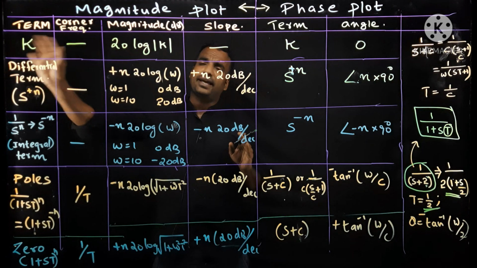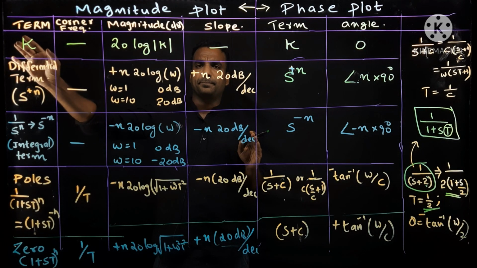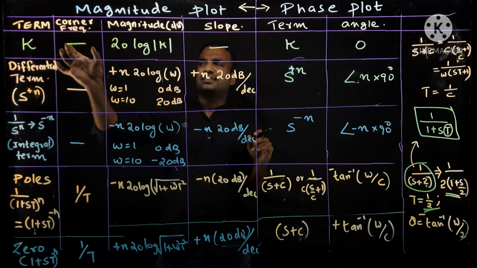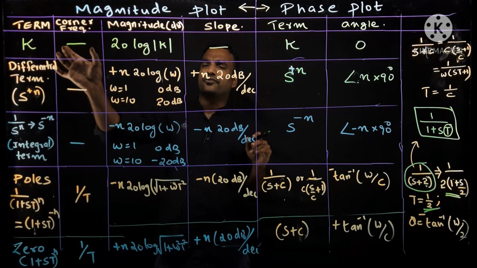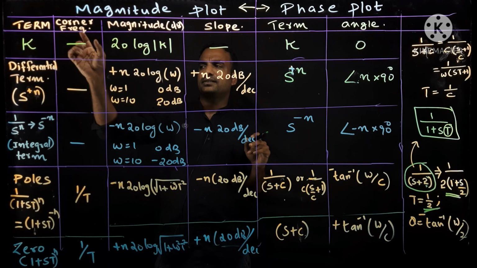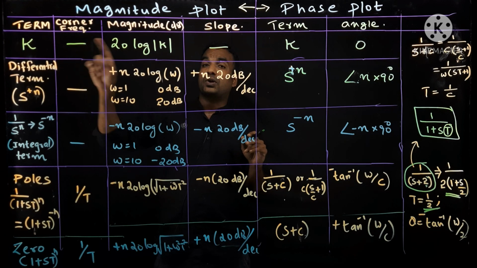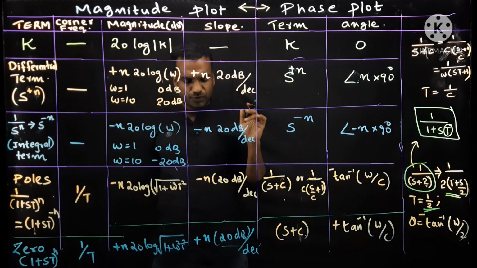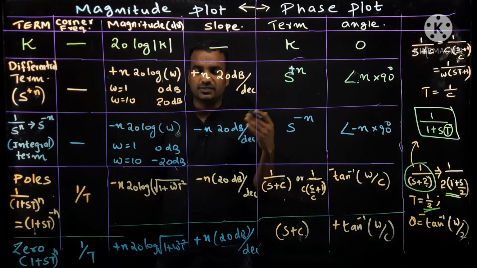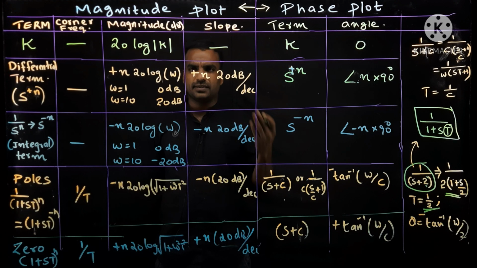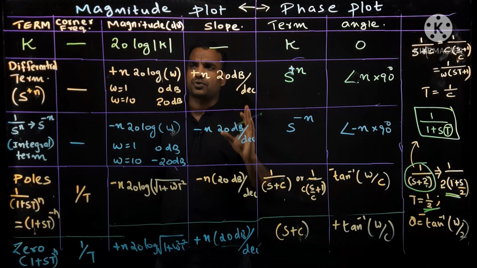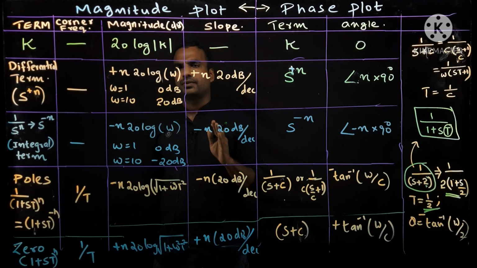Now you have to take k. Anyhow, you will get some k term in the transfer function. K is the first term, and as it is a constant term, it does not have any frequency component in this. So, you will not get a corner frequency. Now, please don't think about what corner frequency is, such things. That will be clearly explained in the next class. For the time being, learn these things by heart and make your notes. Then in the next class, it will be very simple for you.